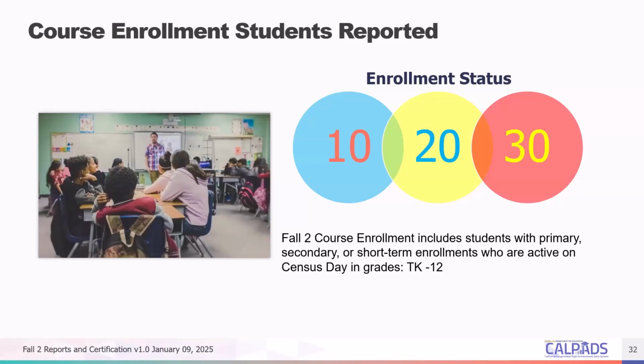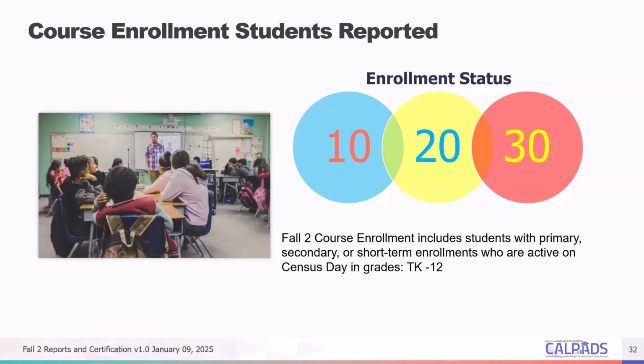We want course section enrollment records for all primary and short-term students. Those are students enrolled with enrollment status codes of 10 or 30. The secondary students, those with enrollment status codes of 20, will receive a warning. It is not a fatal error if you do not give them a course record. However, we do want that information because the course record represents the curriculum the student is receiving. And if you do not provide us with that information, there will always be questions as to why you have this secondary enrollment. What instruction are you providing students? What's the reason they're enrolled with the secondary enrollment?